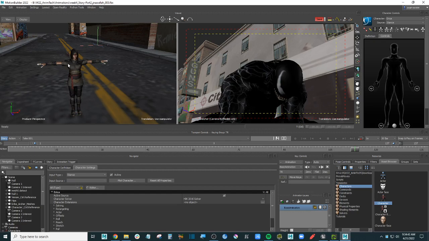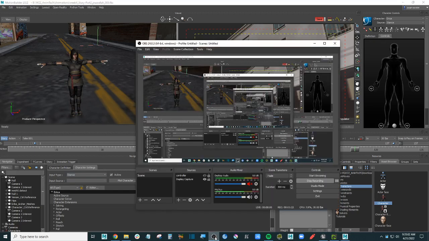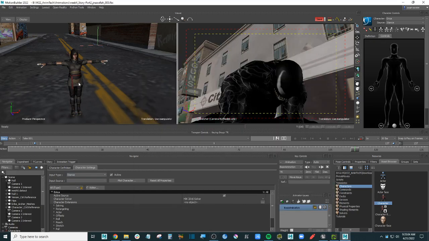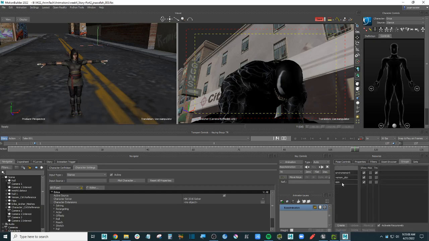So just to make sure, I'm going to show you how to delete a character. If you're having trouble with a character, you can add clips. I'll show you how to delete a character and how to set it up properly separately and then bring it in so the motion and story mode works. Okay, so let's say I'm going to take Erica for example. If you're having trouble with Erica,